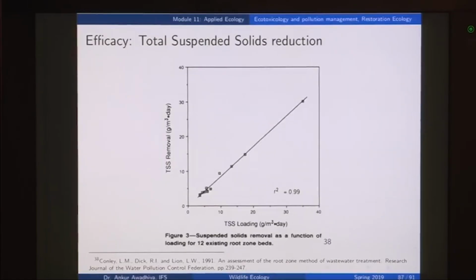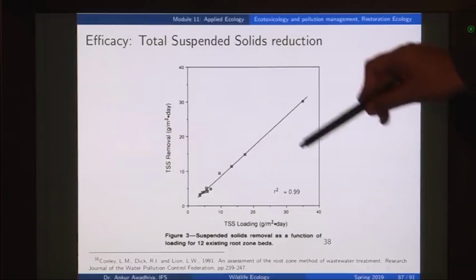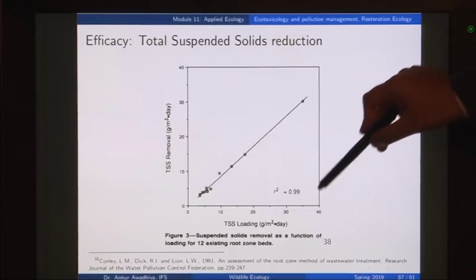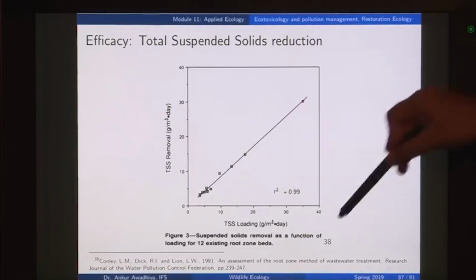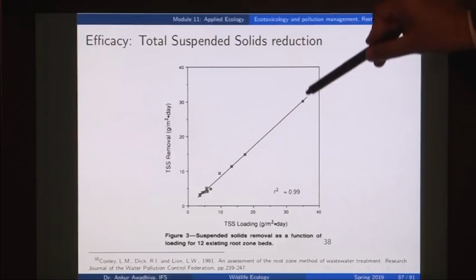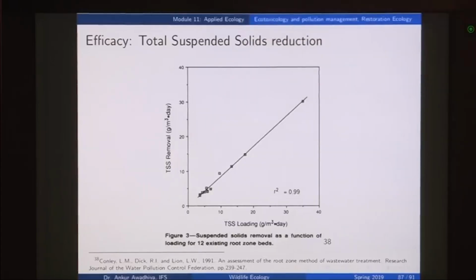Similarly, if you look at the total suspended solids, or TSS, it is able to remove quite an extent. If you are giving it say 35 grams per cubic meter per day of total suspended solids, out of this 35 it is able to remove 30. So, whatever comes out is a very clean source of water, and you can treat it further if needed, or use it for agricultural or horticultural purposes. Now, that is about bioremediation.